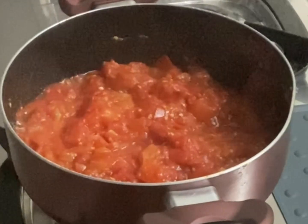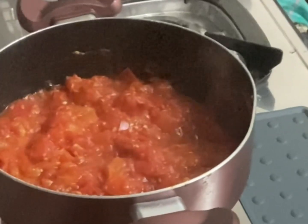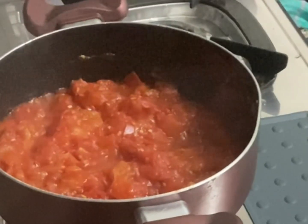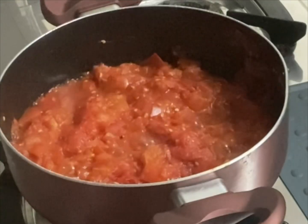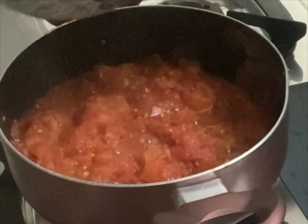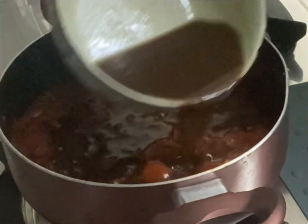Make sure there won't be any water content remaining in these tomatoes, because when you are making pickle, if there is water content, then the pickles can get spoiled very fast. So let's cook both the tamarind juice and the tomatoes together and make sure there is no water content remaining in it. If there are no bubbles coming out of the tomatoes, then you can be sure that the water